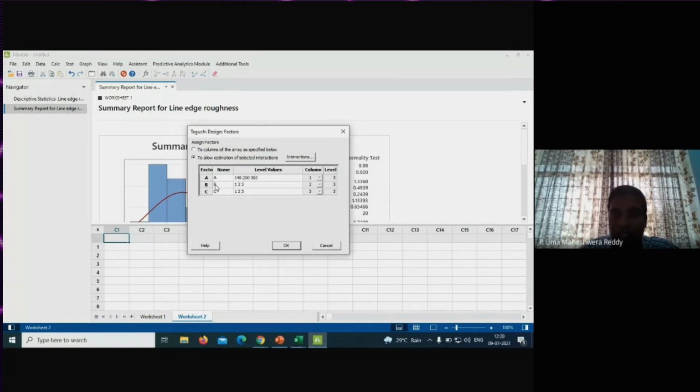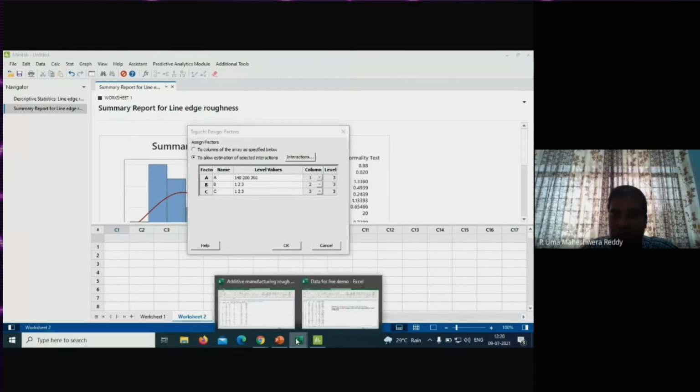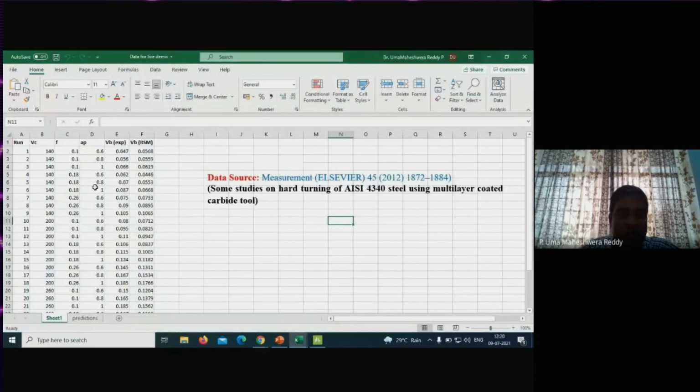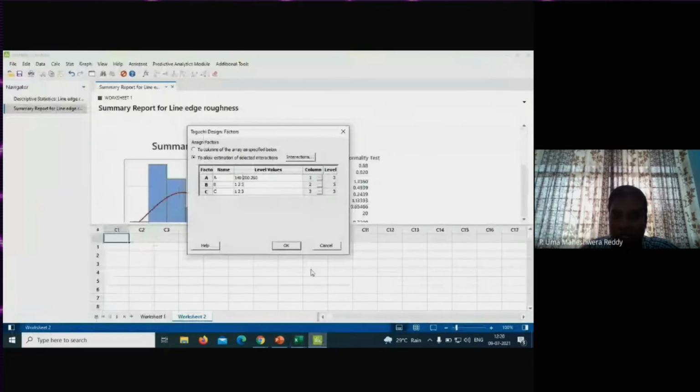And next, the B term is feed. The feed values are 0.1, 0.18, and 0.26. And the final term C is depth of cut.